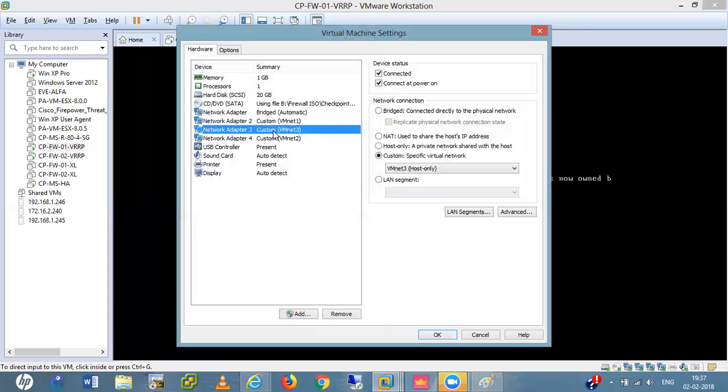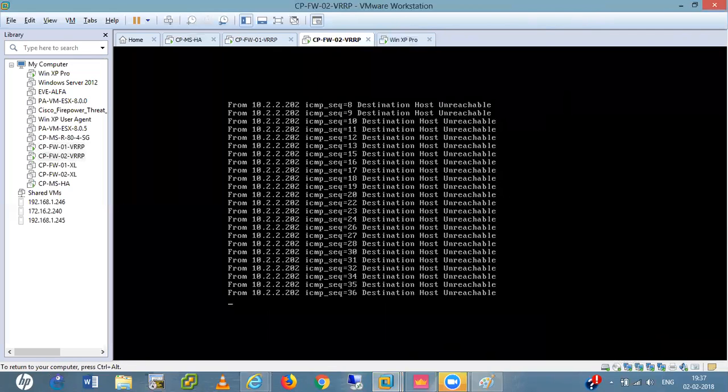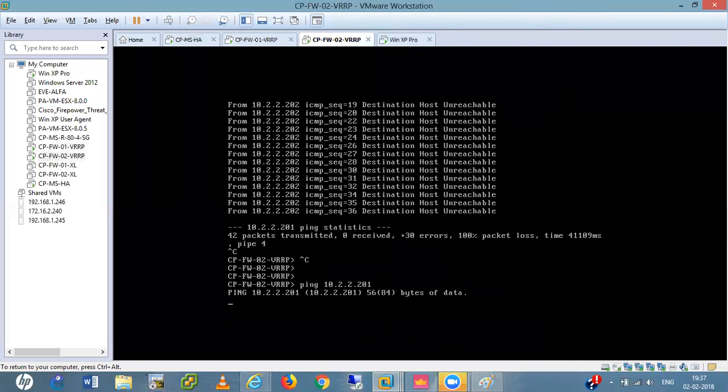See that thing. Here we have VMnet 2 and here we have VMnet 3, right? Wait a minute. This one also changes the same thing. Here check the VMs. Yeah, the VMs are the same, VMnet 1, VMnet 2.